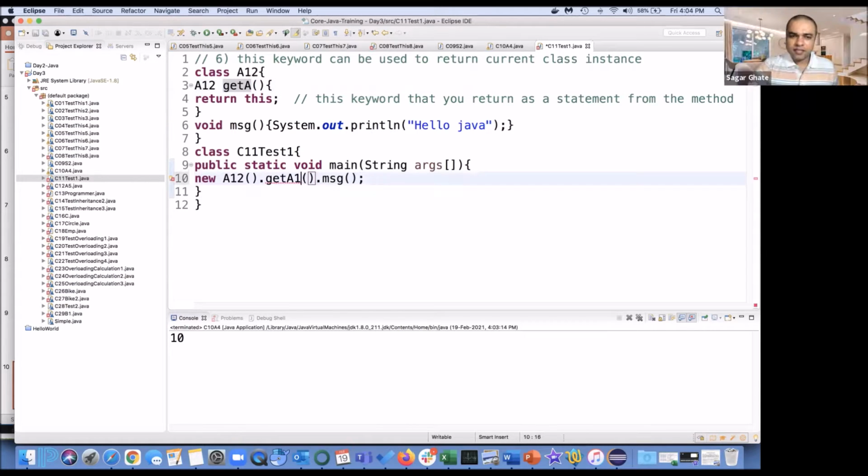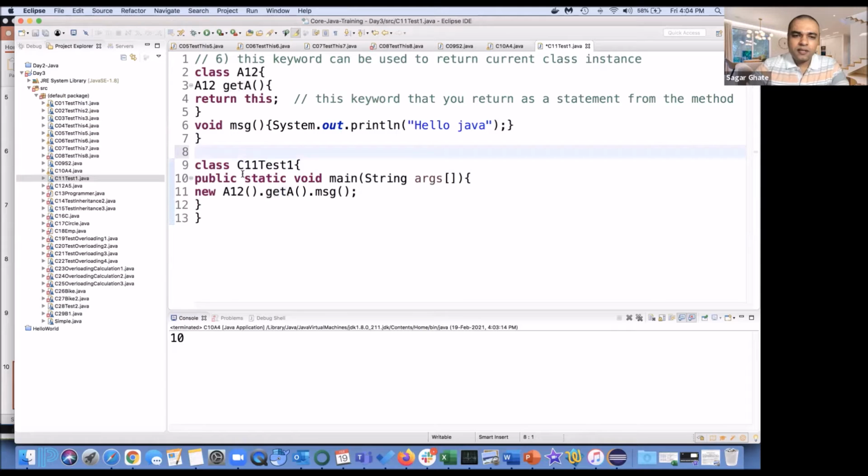That is this function, that can be just getA. Okay. So when the execution is going to start, our control will come here. And when it comes here, this part is creating an anonymous object of class A2. And this getA method, from that object, we are going to call this particular method, whatever method is written here.